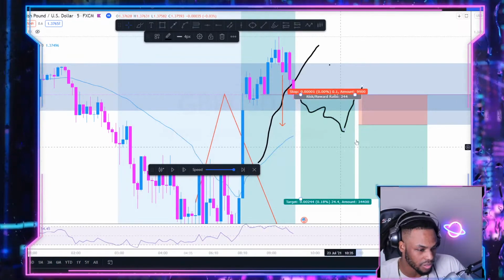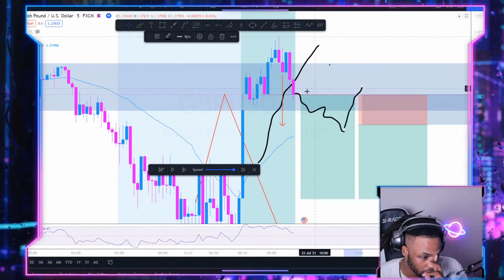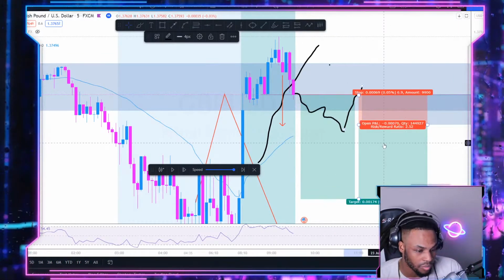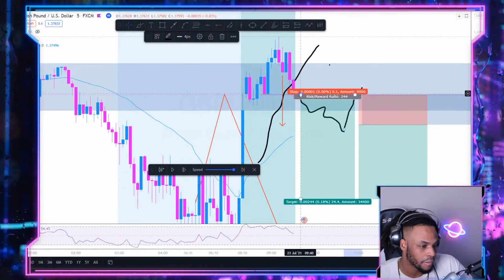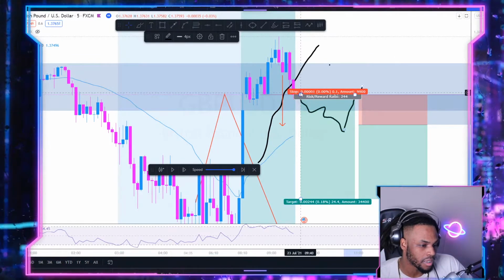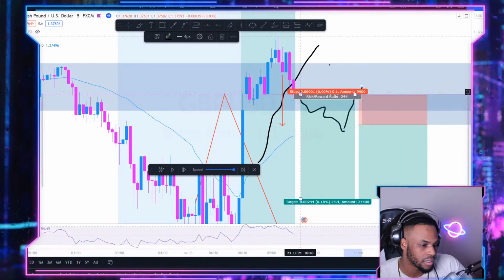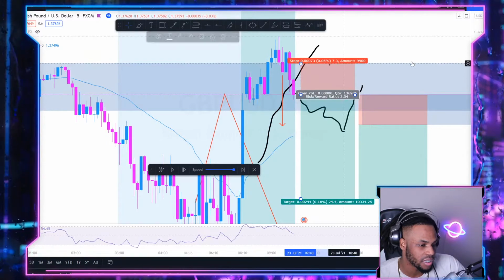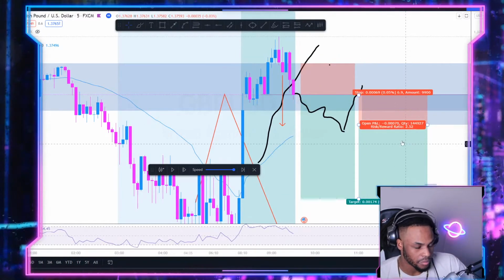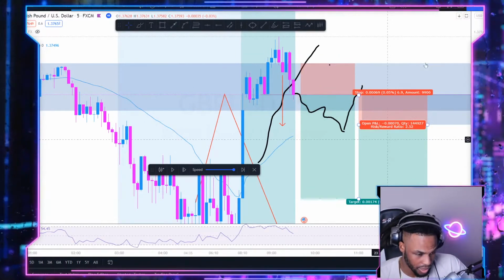So 1 to 6 risk to reward ratio, because we have the 1 to 2.4, and then the 1 to 3.4, and the 1 to 2.5. So it gives you 6, and that's with the same risk. So instead of only making $1,500 on this trade, I can now make a good $3,000 on it, which is